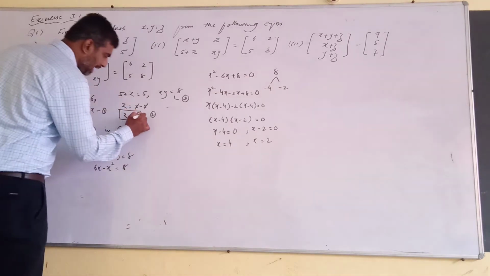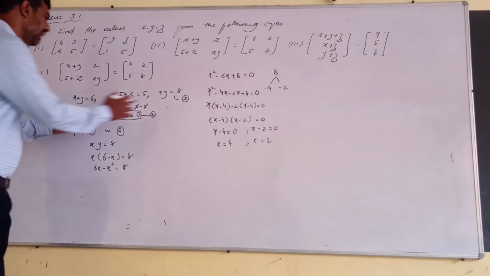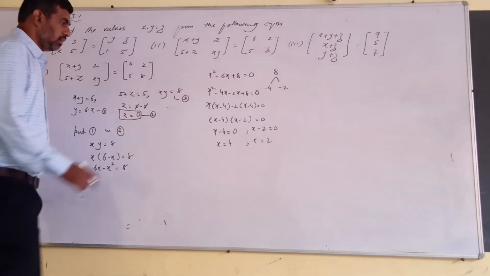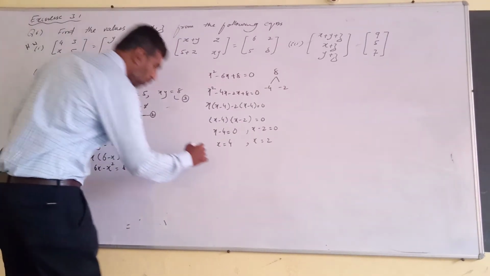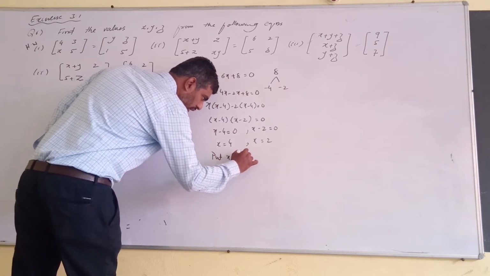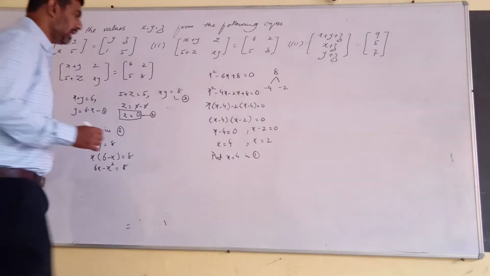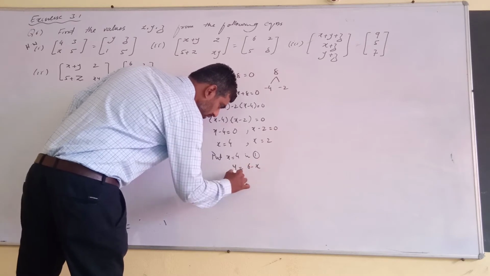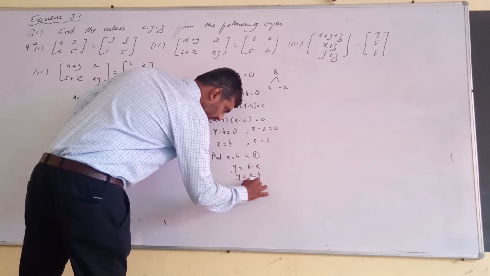We have taken equation number 2 just for namesake. Even if you don't take it, it's okay. We needed equations 1 and 3 to simplify. The z value we already got, and we got the x value also. We need the y value. Put x equal to 4 in equation 1. y is equal to 6 minus x, so y is equal to 6 minus 4. What is the y value here?